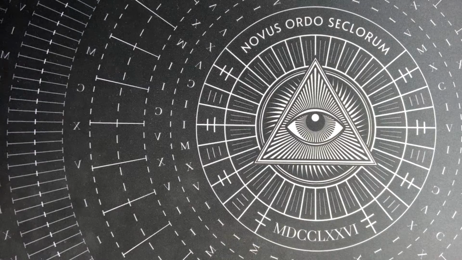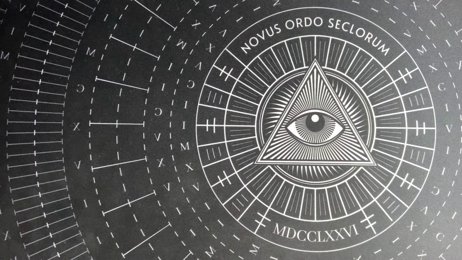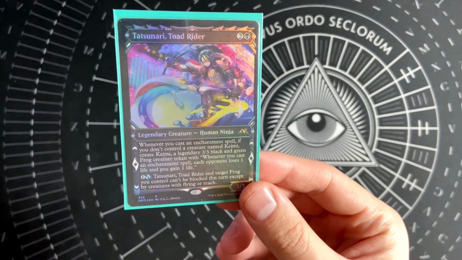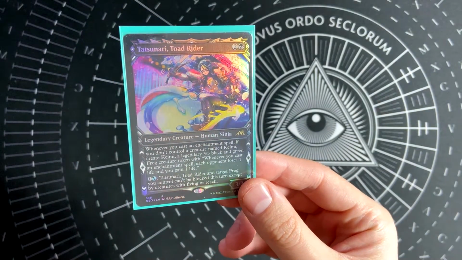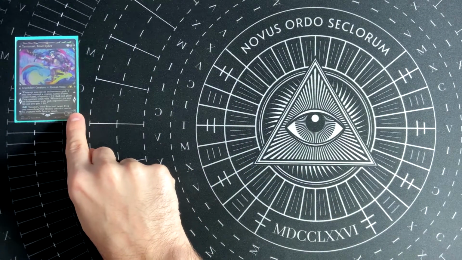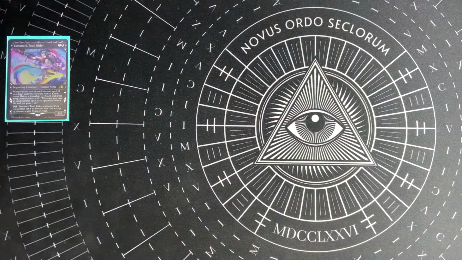Alright guys, it's time for another DeckTech, and this time we are going with some Japanese stuff. We're going with Tatsunari, Toad Rider. So when this got spoiled I was super excited because it's a super fun card. It's a new take on Enchantress,